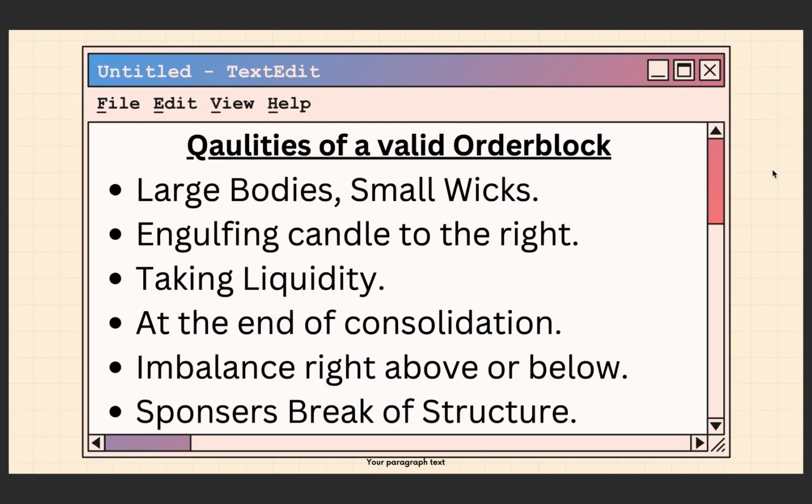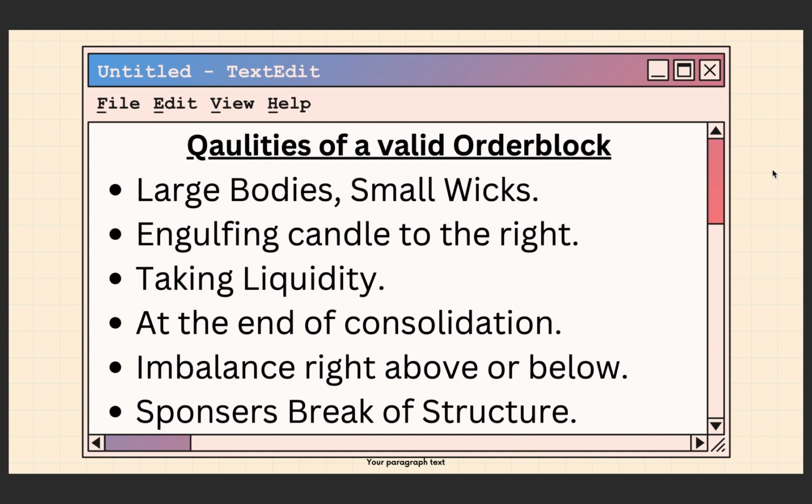So, qualities of a valid order block: large bodies, small wicks, engulfing candle to the right, taking liquidity. That one is key. At the end of a consolidation, it doesn't have to be at the end of a consolidation, but that can be a better clue to the banks being there. Imbalance right above or below, and sponsors break of structure. The only thing that I absolutely need on this list to qualify an institutional candle for me is the sponsors